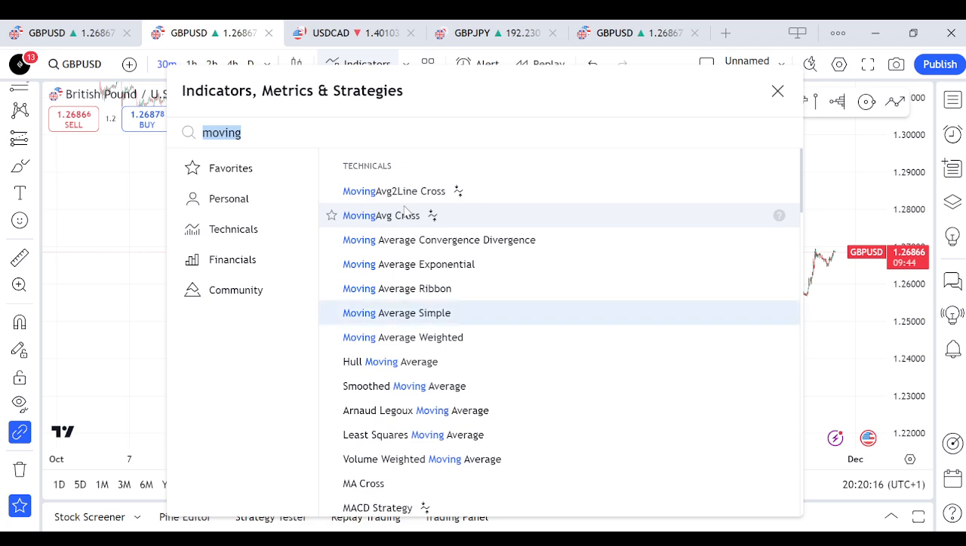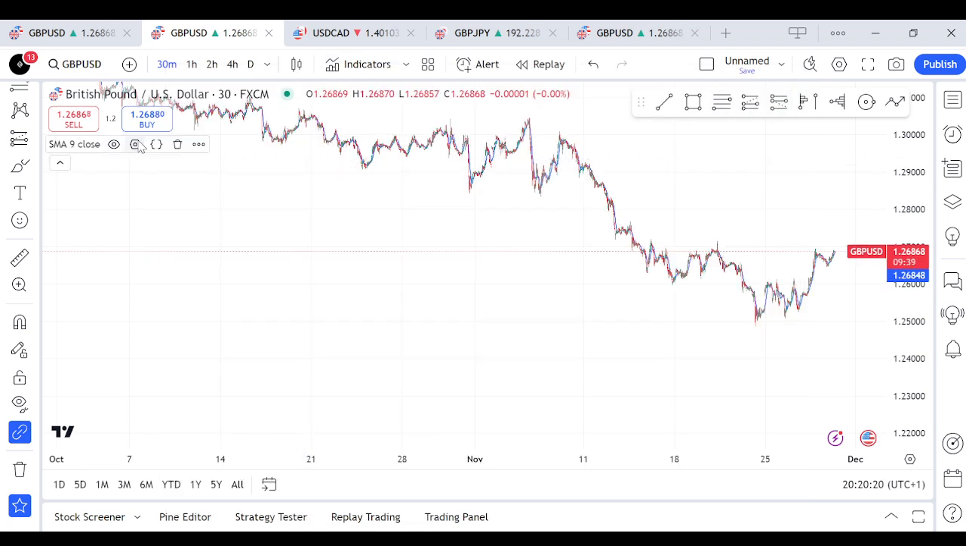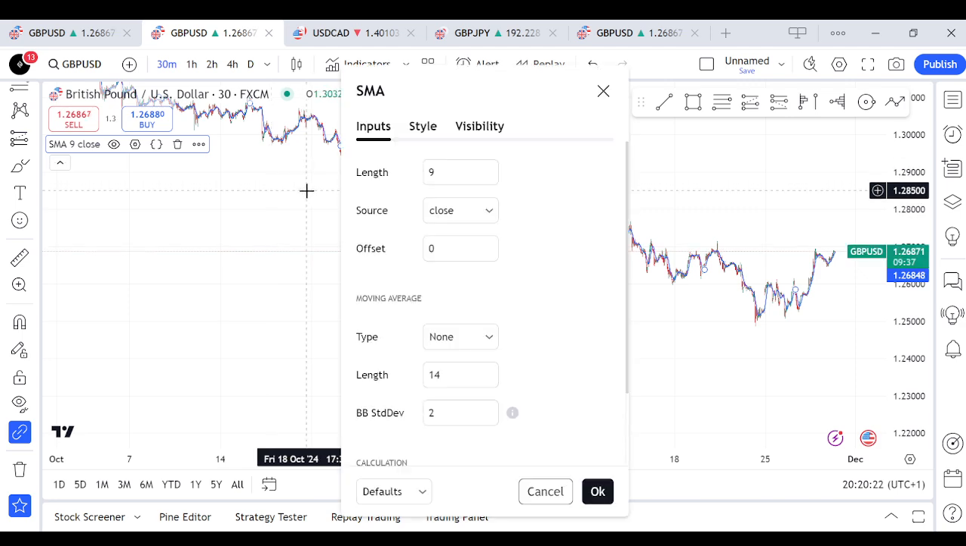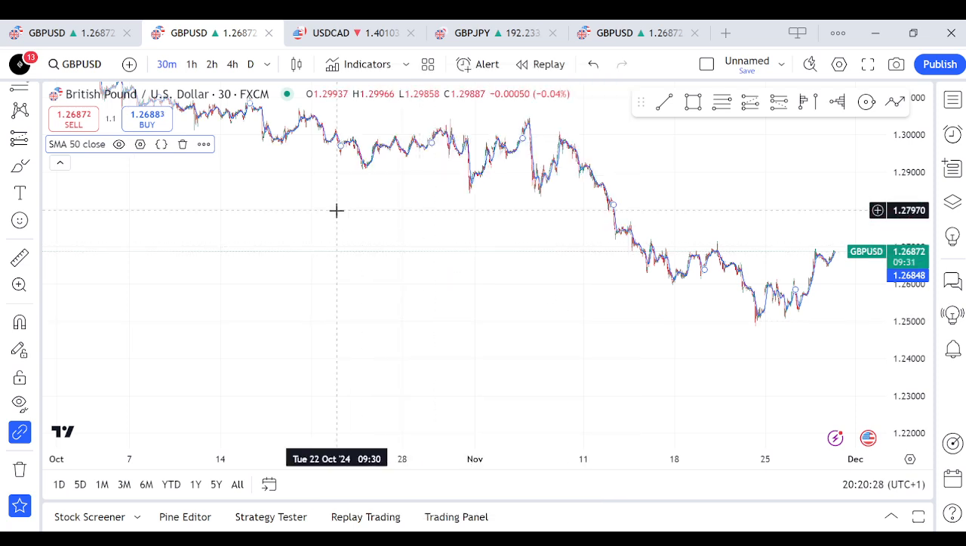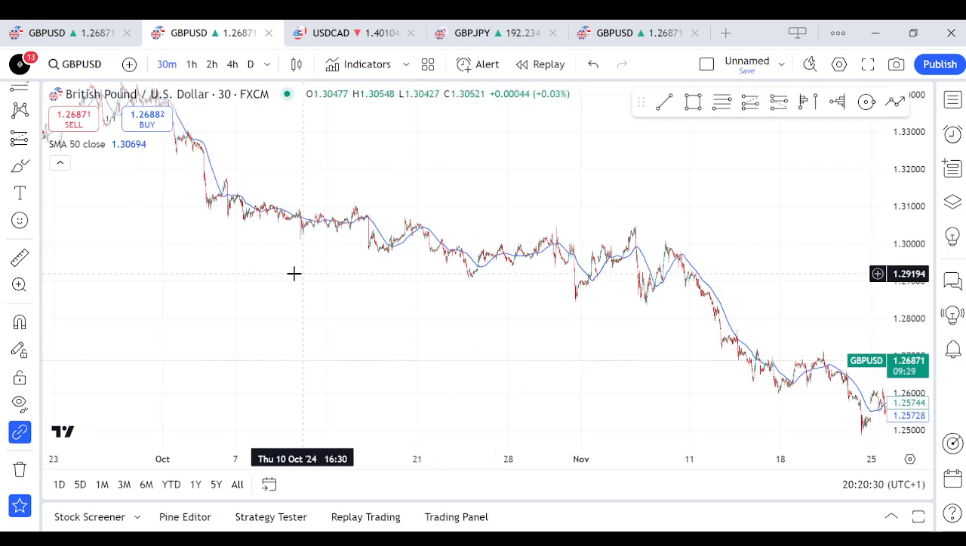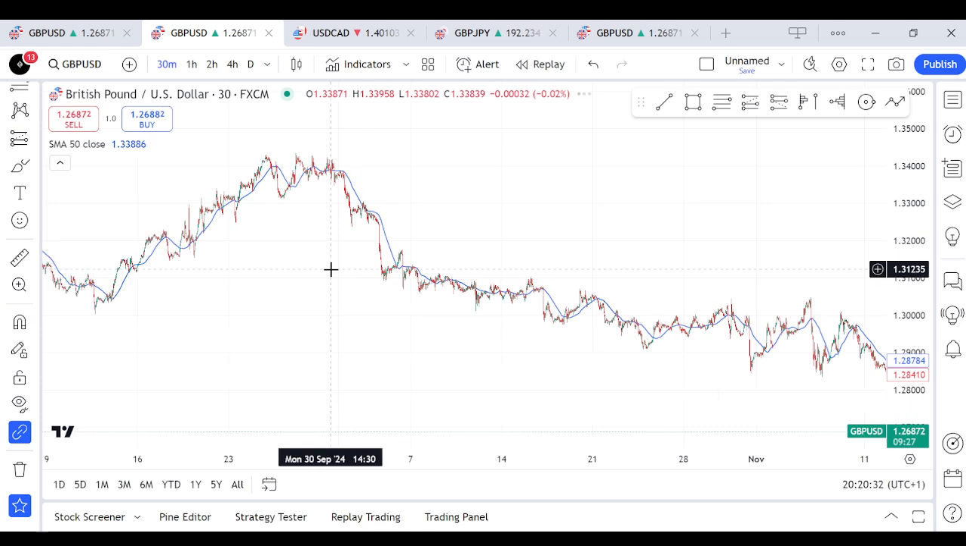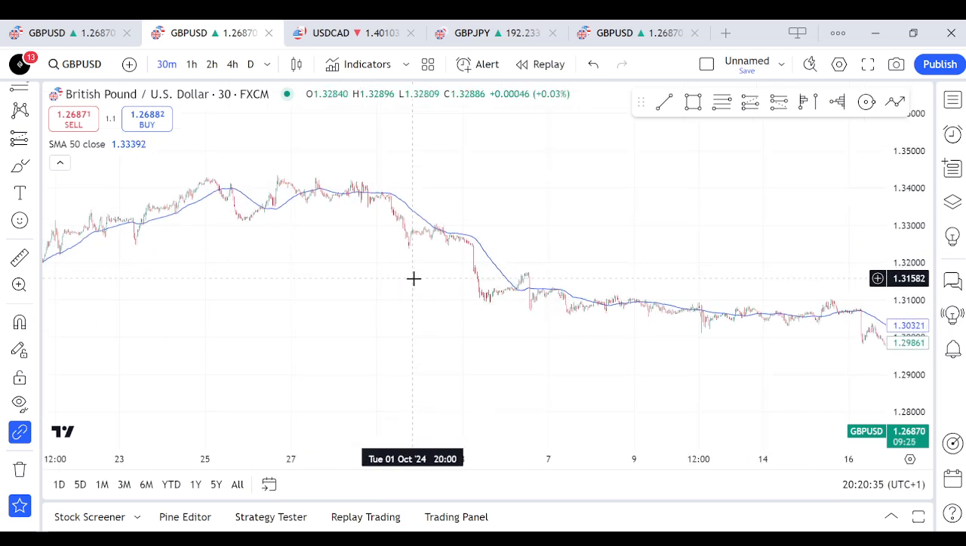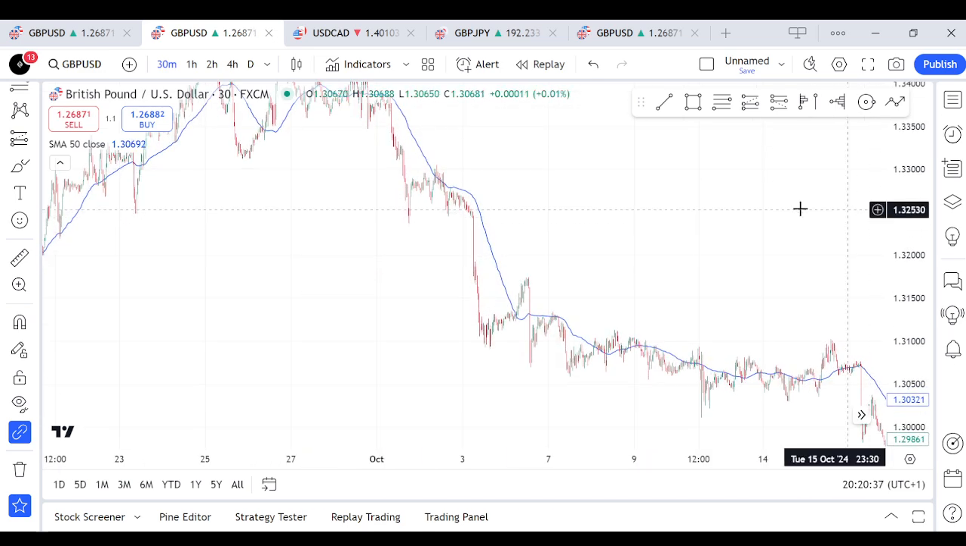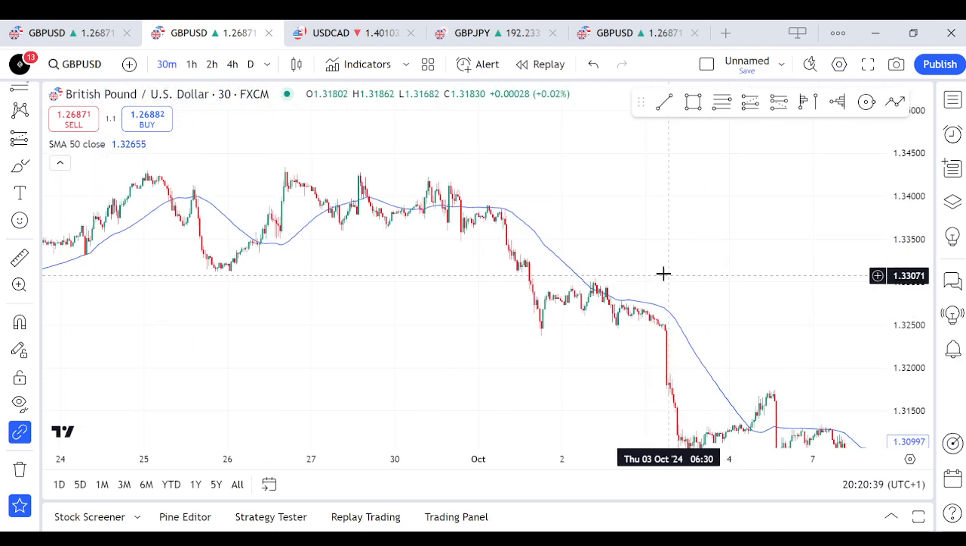Simple. And I'm gonna add the 50-day. I'm gonna set it to the 50-day moving average. So this is the 50-day moving average, and it's expected that we use this as a dynamic support and resistance level. You can see price currently